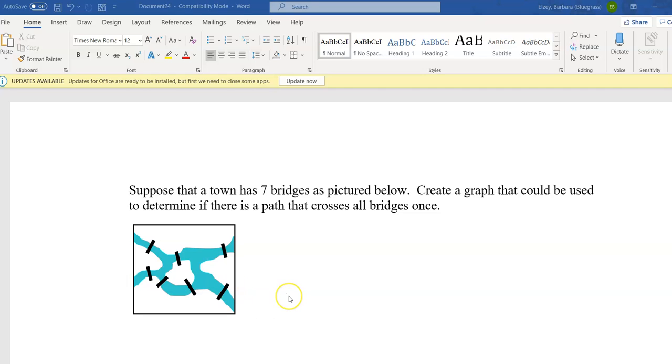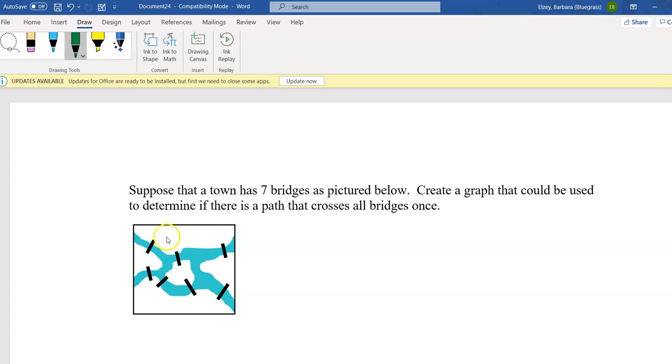All right, so first though, we've got to get some terminology and we've got to get used to this idea of graphing. So here, since we have these bridges, we're going to let them be what we call edges. And we're going to let the land masses be what we call vertices. All right, so to understand this better,